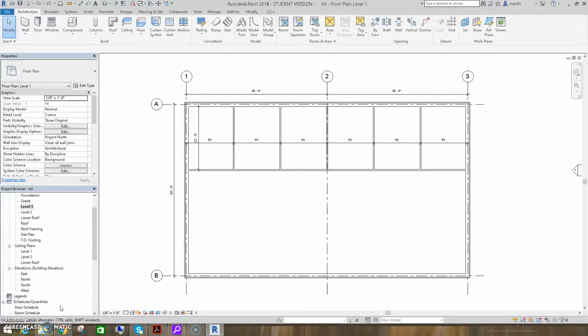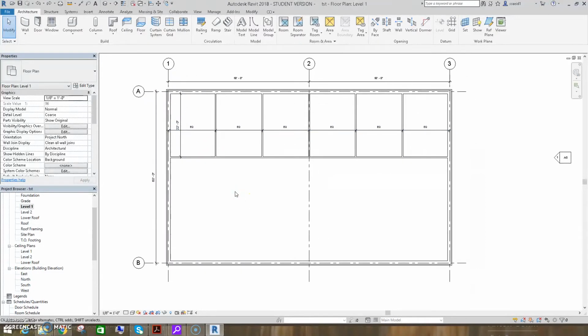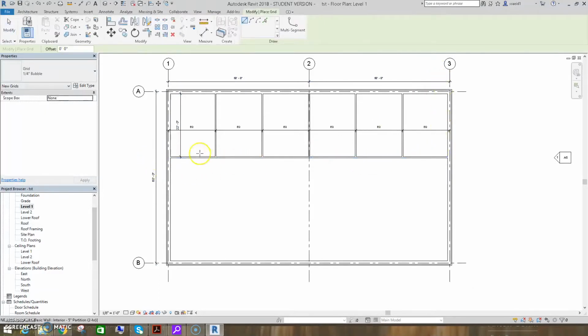In this video, we are going to add columns to our building layout. But before I do this, I believe I have to add one more grid over here, because this distance seems too much for not having a column in between. So I'll start from the end of my other grids, and this automatically picked the center line of my interior wall, which looks fine. And I pick my second point